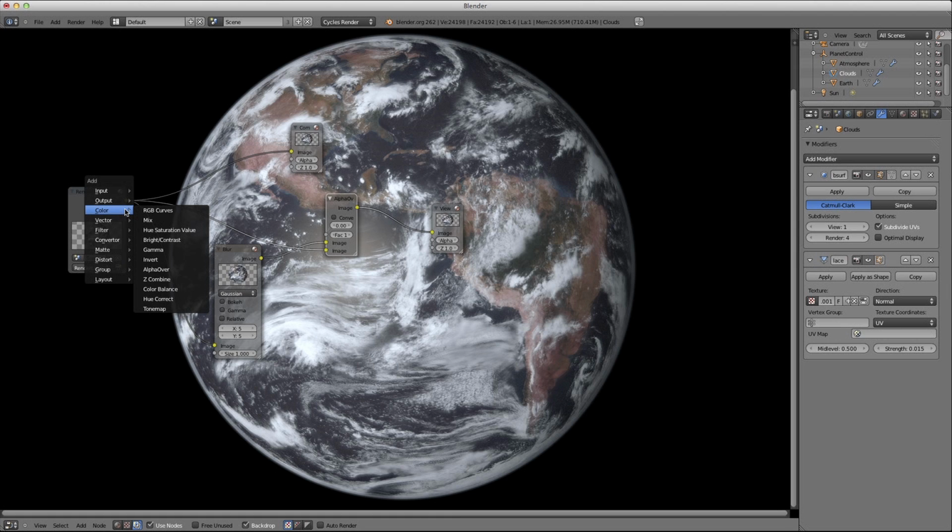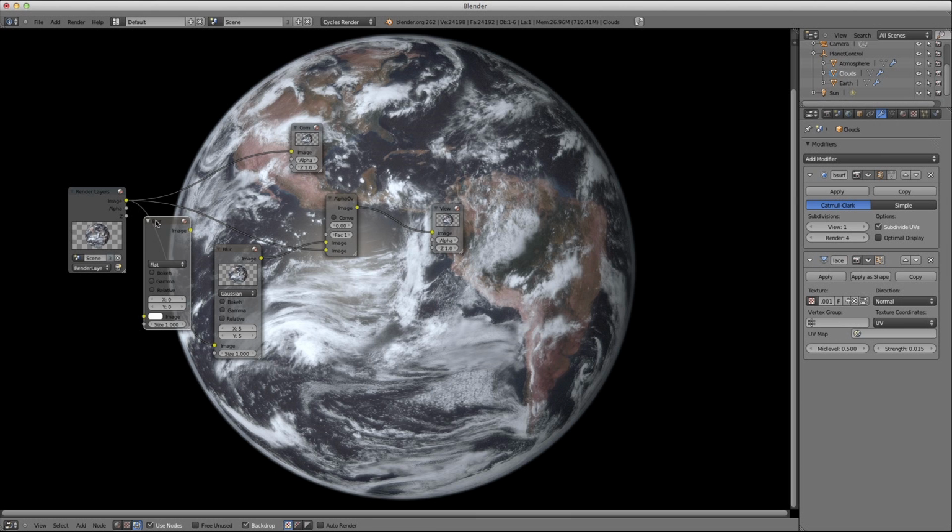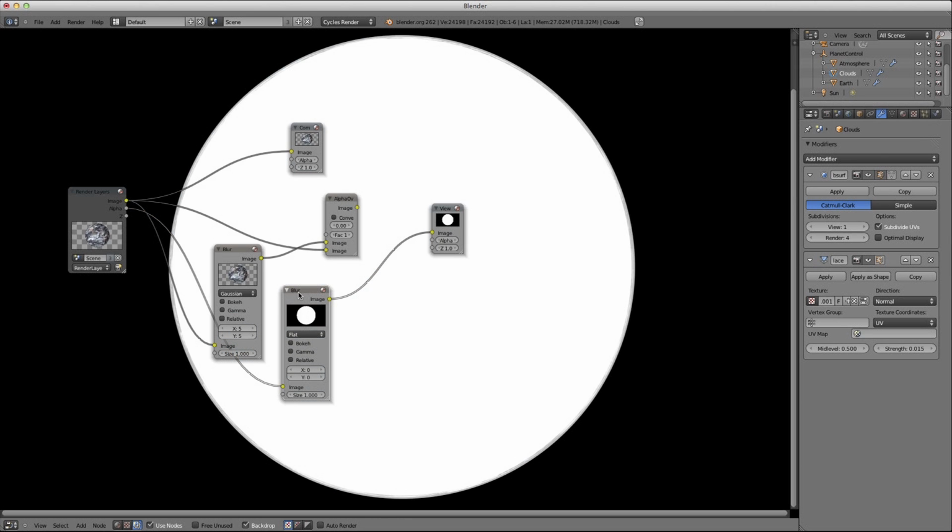So we're going to add another blur. We're going to drop our alpha into it, and what you'll see here is our perfect